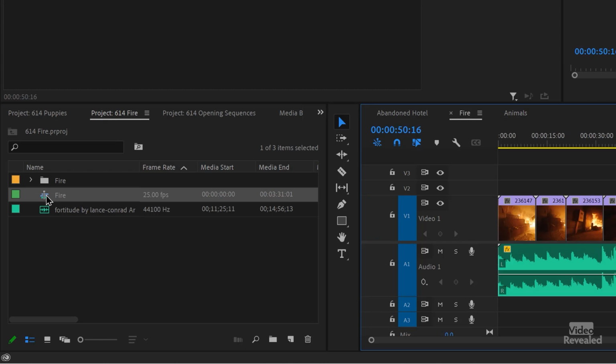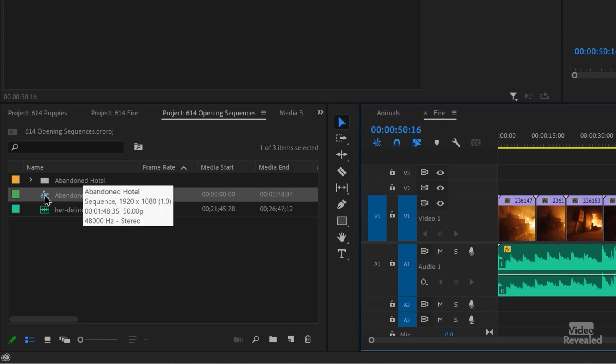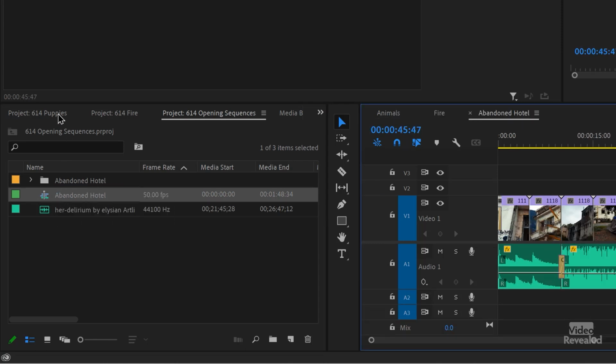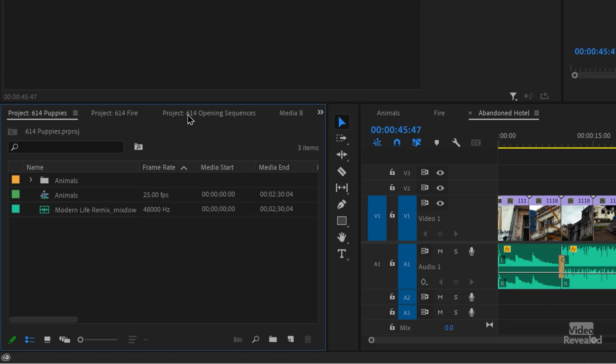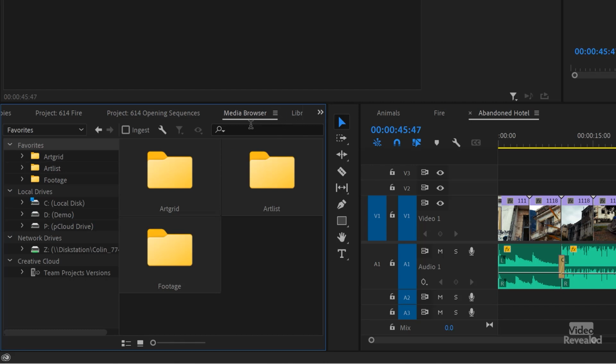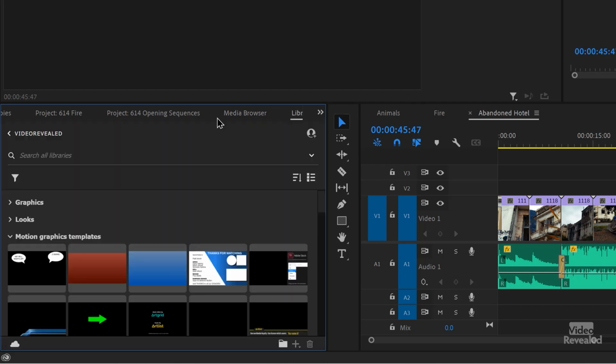So if I double click, it's going to open that panel, that timeline. If I close that one and double click here, it's going to open it. If I go back over here, it's going to open it. If I close that one, I'm opening it. But I have to double click on these to open them. Now I've got three projects open. And if I go to my media browser and maybe I go to my effects or something over here, how do I know where's